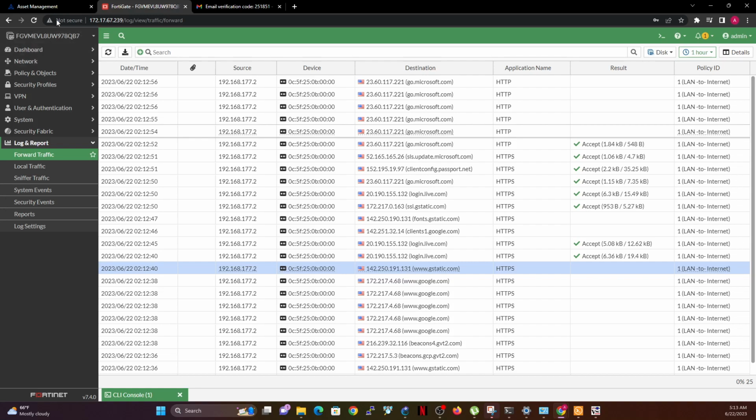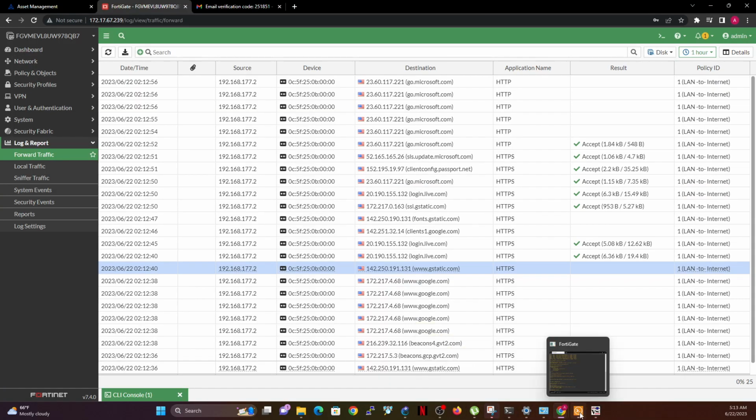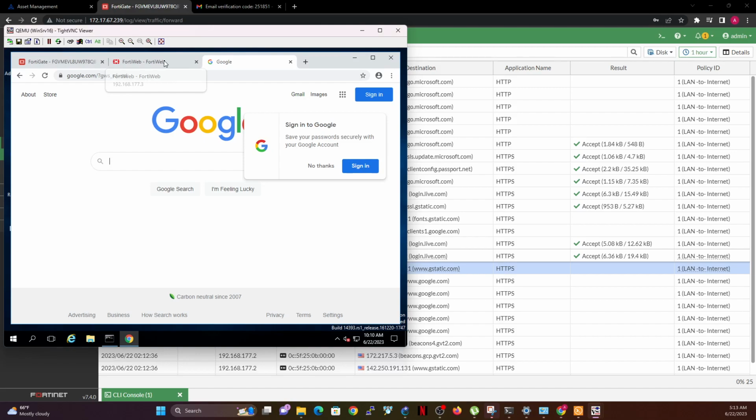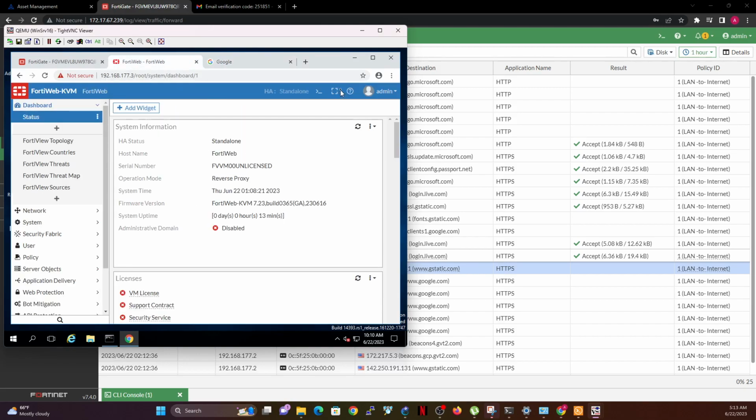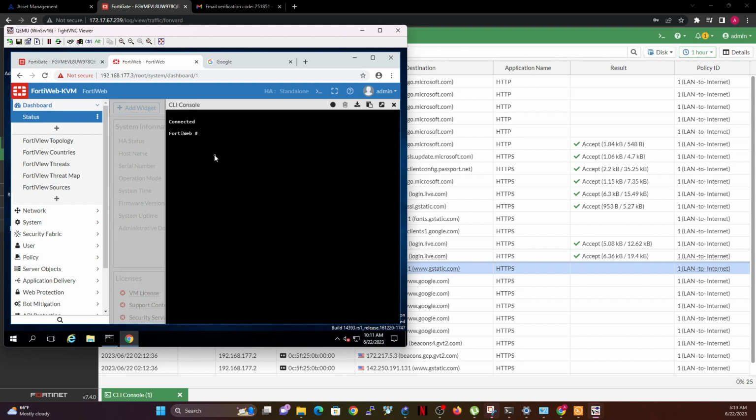Okay, so while that is working in the background, the next thing I want to do is to quickly jump over to my FortiWeb. Where is it? FortiWeb. I did open it here. So here is my FortiWeb. I'm also going to notice at this point here, my FortiWeb, let's say, cannot get to the internet. Notice that it can't get there.